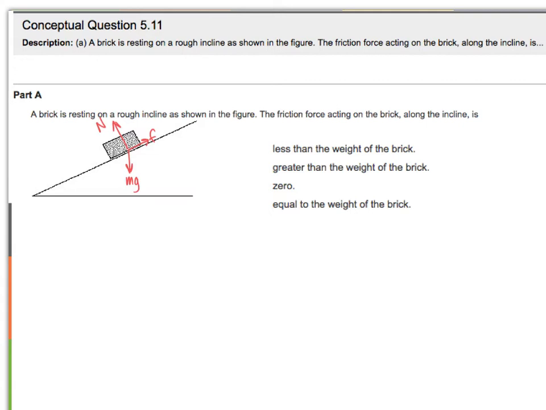Now, how am I going to relate the force to the weight? If I look, the frictional force is a force in the x direction. And if the block is at rest, my forces in the x direction add up to be 0. And also, we have